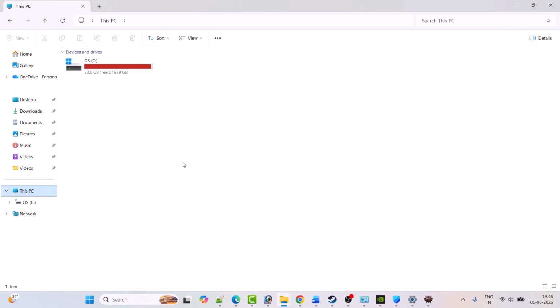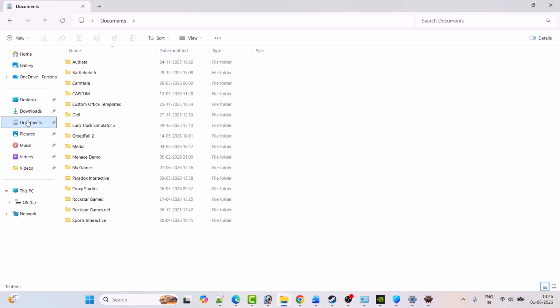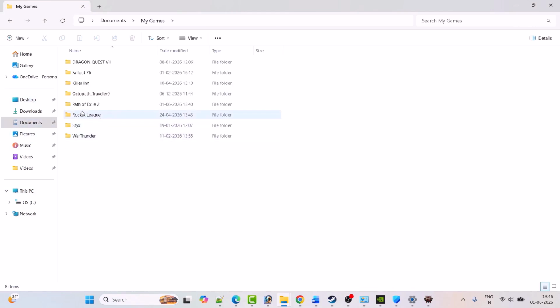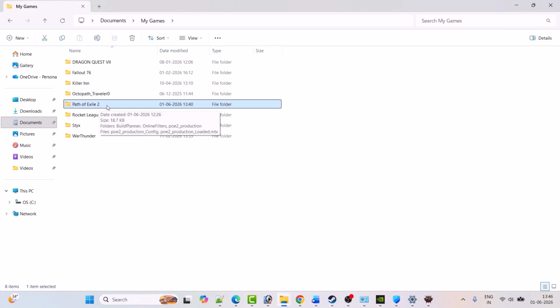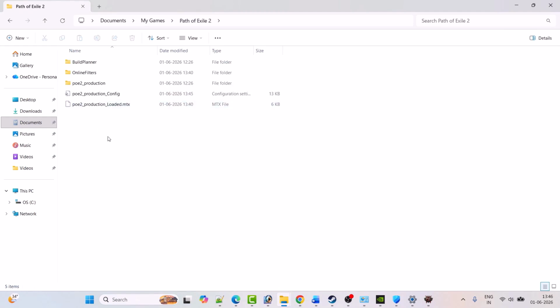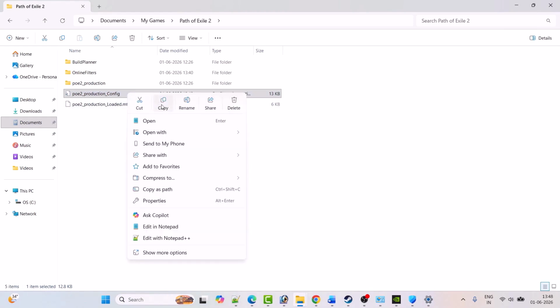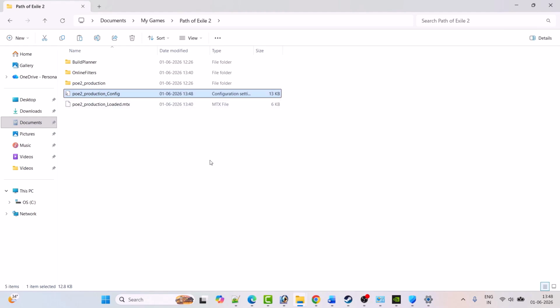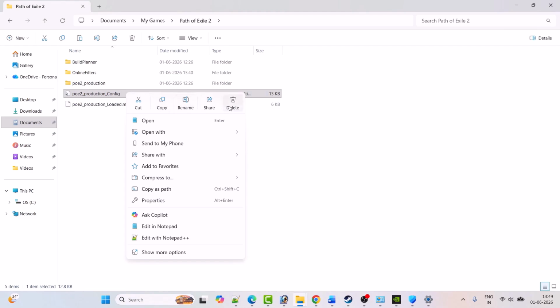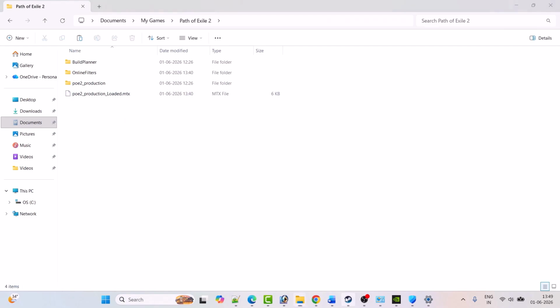Open File Explorer. On the left, click on Documents, then click on My Games, and here you will see the Path of Exile 2 folder. Open it, and here you will see Path of Exile production underscore config. Now right click on this config file. First copy it, then go to the desktop and paste it to keep a backup of this file, and then right click on it and select delete to delete it, and then you can go ahead and launch the game